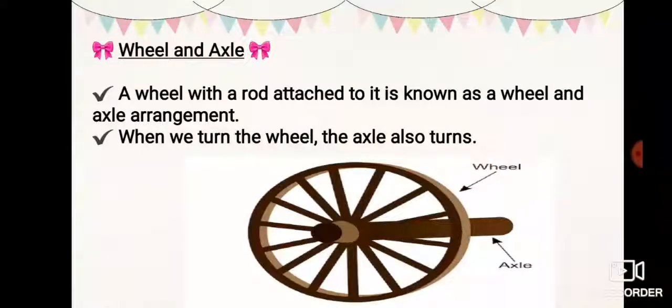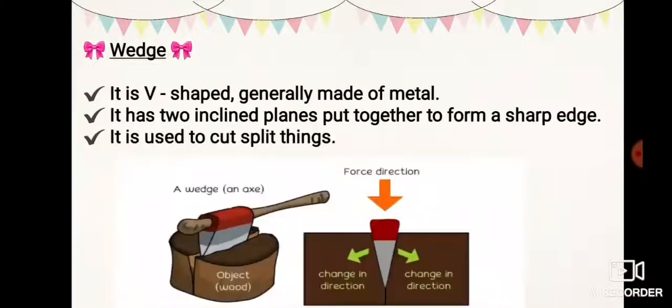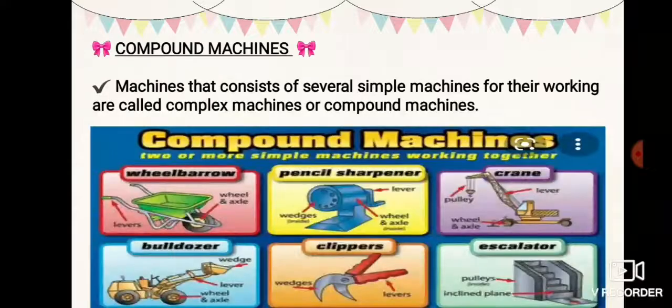Wheel and axle. The wheel and axle is a simple machine consisting of a wheel attached to a smaller axle so that these two parts rotate together, in which a force is transferred from one to the other. Wedge. Wedge is a tool used to split something into two pieces, or the shape of anything that has two edges that meet at a point. Compound machines. A compound machine is a machine that consists of more than one simple machine.